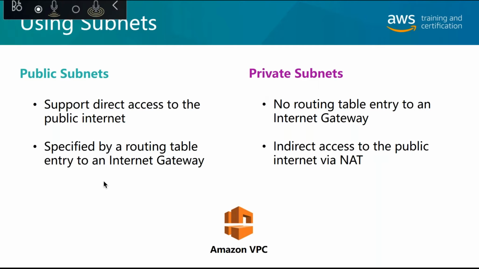When you create a VPC, the next step is you create subnets. And by default, when you create subnets, it is a private subnet. There's no entry in the routing table to an internet gateway. Let's just say now you add an internet gateway. Usually the IGW, the internet gateway, is added to the VPC, by the way. So you create an internet gateway, which is a managed service, and you attach it to the VPC. Now, to make the subnet public, you go and add an entry in your routing table,